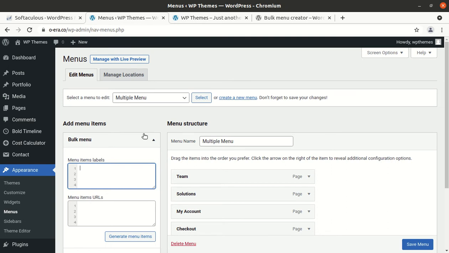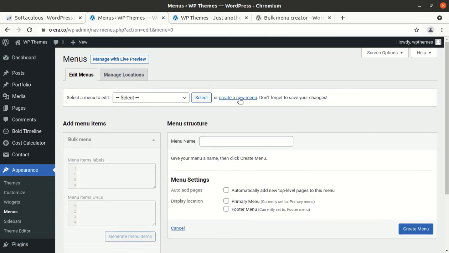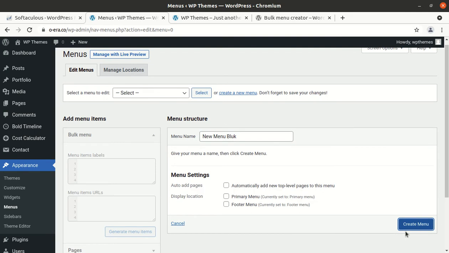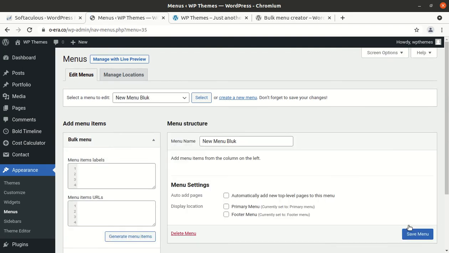Now first of all we will create a new menu for illustration purposes. I am putting the name as new menu bulk and just creating this menu. Okay, so the spelling is BULK. Okay, fine.